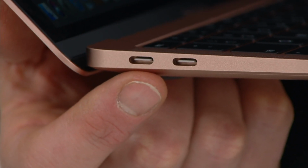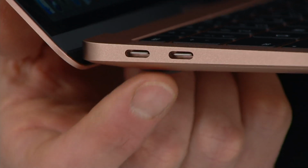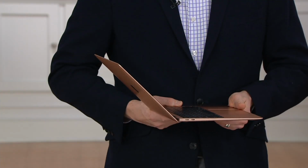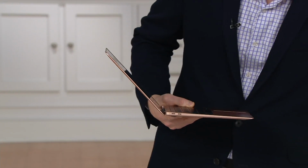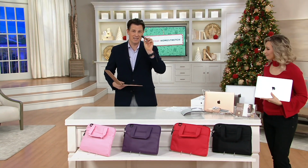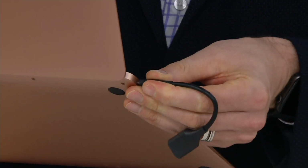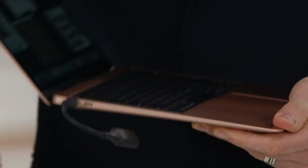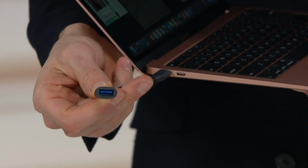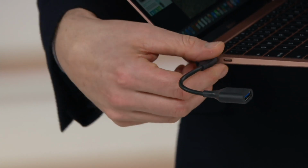If you pick up this MacBook Air computer at the store, however, they don't give you an adapter. Right. So if you're still using a traditional USB port, you're kind of out of luck. And that's why we include this one accessory right here as part of the bundle. This is a USB-C to traditional USB adapter that you'll plug in the side of your computer. If you go to any other retailer, they do not include that adapter. That's something you pay extra for. That's a good upcharge. We're including it for you because a lot of people get this new MacBook at home